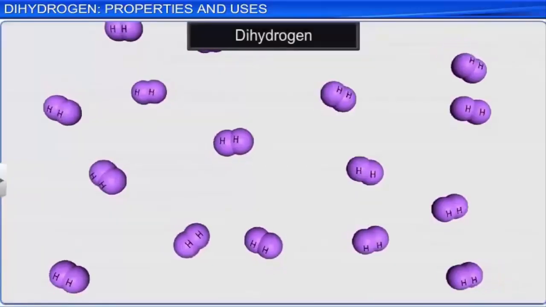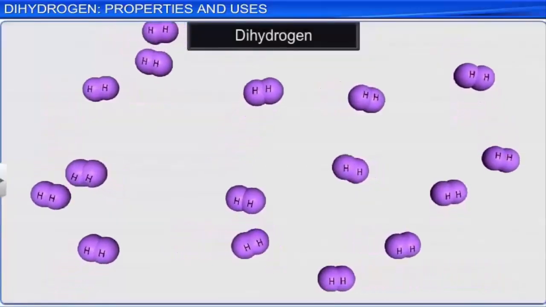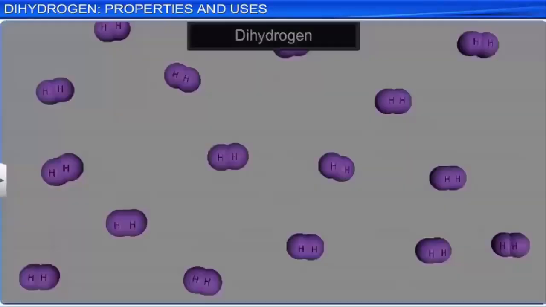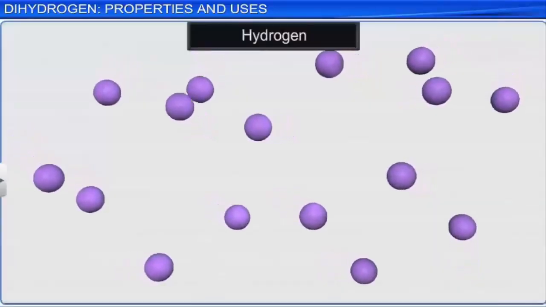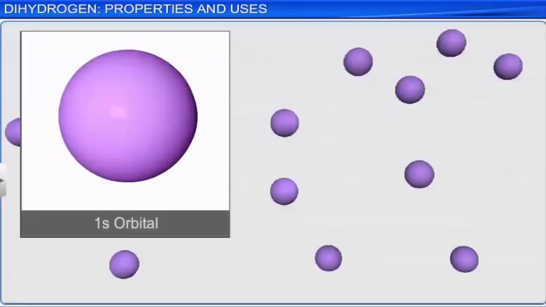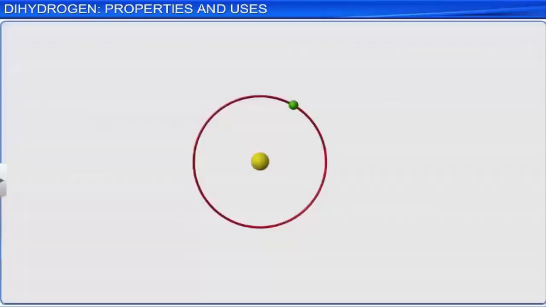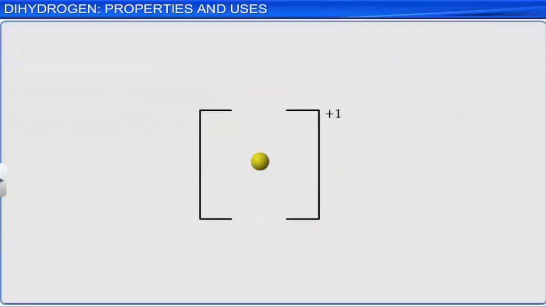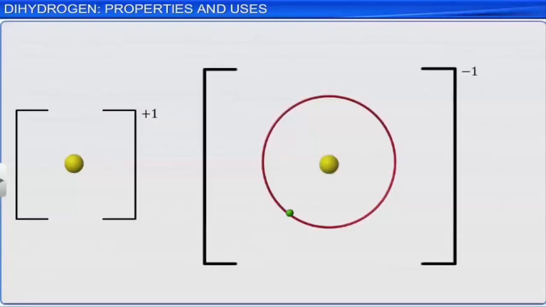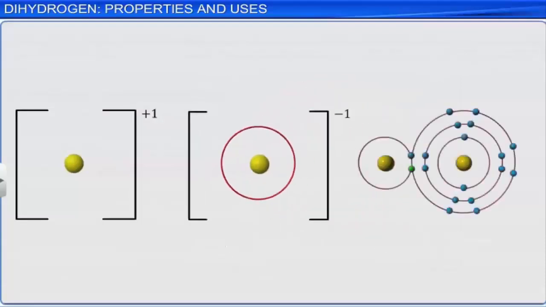It is important to note that although a dihydrogen molecule is inert at room temperature, hydrogen atoms are very reactive. This is because they have only one electron in the 1s orbital, and thus they readily combine with almost all the elements to obtain a stable electronic configuration similar to that of helium. A hydrogen atom reacts either by losing one electron to form H-positive ions, or by gaining one electron to form H-negative ions, or by sharing electrons to form single covalent bonds.